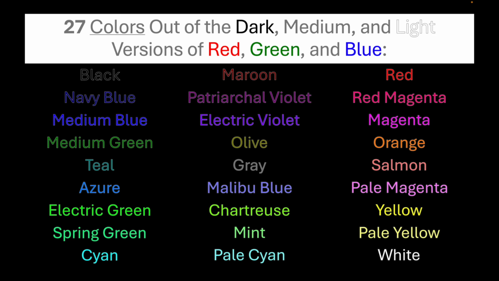These 27 colors are black, navy blue, medium green, teal, azure, electric green, spring green, cyan, maroon, patriarchal violet, electric violet, olive, gray, Malibu blue, chartreuse, mint, pale cyan, red, red magenta, magenta, orange, salmon, pale magenta, yellow, pale yellow,